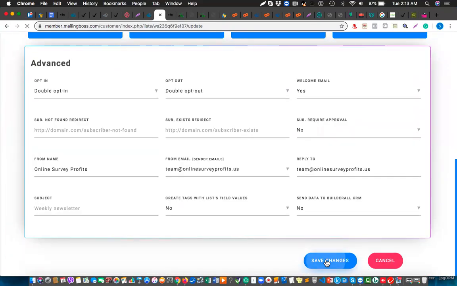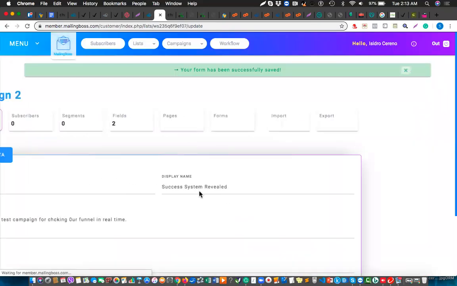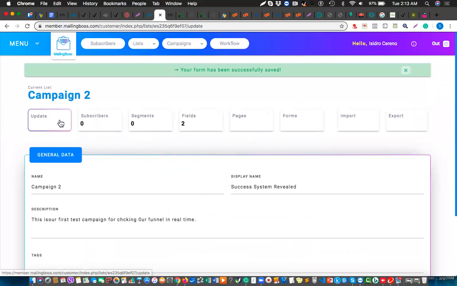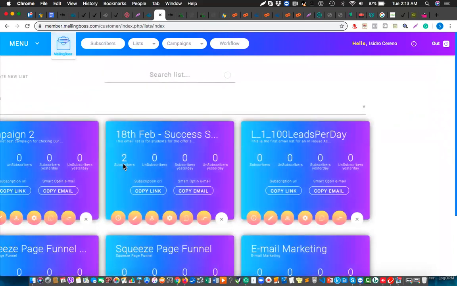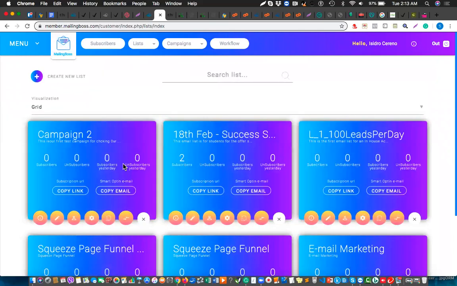Click save changes. Then I will go to this list overview. Go back to list overview. Are you following? It's campaign 2, right? And I'll go to the overview of this list